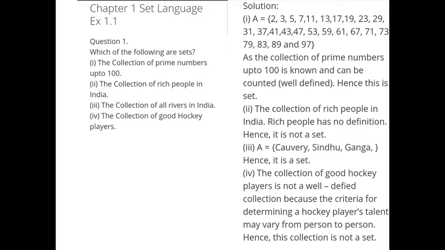Fourth, the collection of good hockey players. Good hockey players is not well defined, because the criteria differs from person to person. We cannot say whether a player is a good player or not. Therefore, it is not a well-defined collection, hence it is not a set.